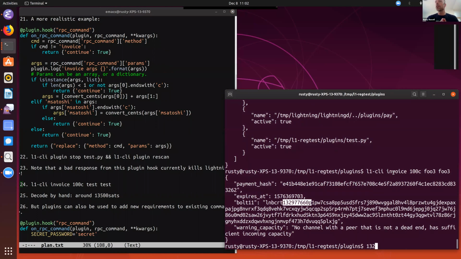by default, the invoice command will put inside the invoice a route hint of how to get to your node. But if you have public channels and private channels, it won't use a hint on the private channels by default. If you only have private channels, you're gonna need a hint there, right? It's implied that you obviously want them to pay you since you're preparing an invoice, so it will use them. But if you've got some public and some private, it will refuse to expose any of your private channels through